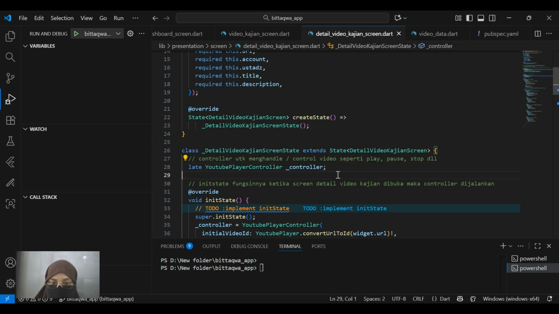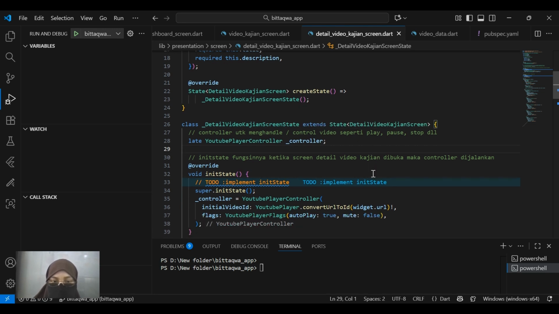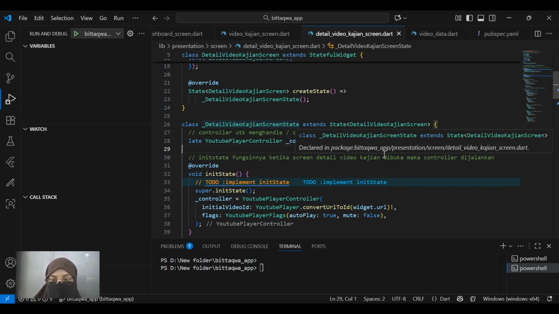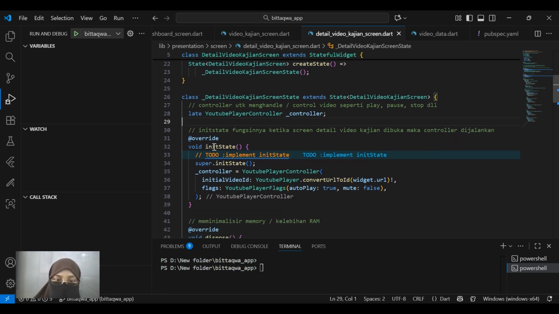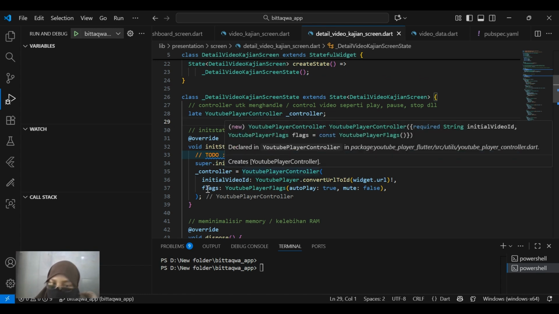It's basically just for controlling our videos like play, pause, stop, and others based on the comments in here. And then in here, we're gonna insert the function where if the screen detail of the video of the Kajian is open, then the control will be also running. So in initState, we call super.initState, then the controller